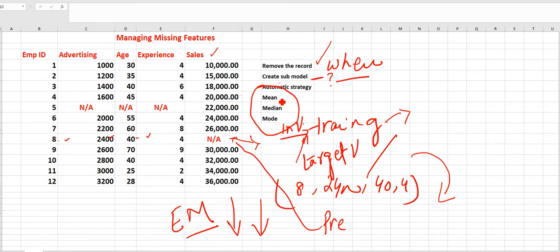First is mean, the easiest way. Just take the mean, and you know how to take the mean: add all these numbers and divide by the total observations. Whatever number comes, you write down here. It is the mean. Yes, I highly recommend this. You can pick this or this. And then is median. What is the meaning of median?